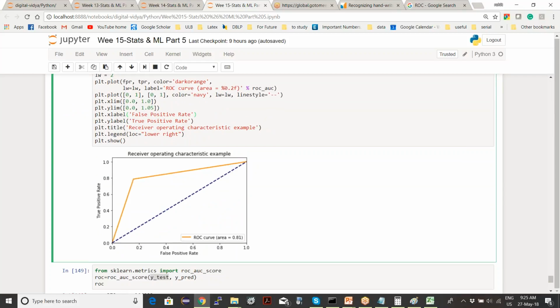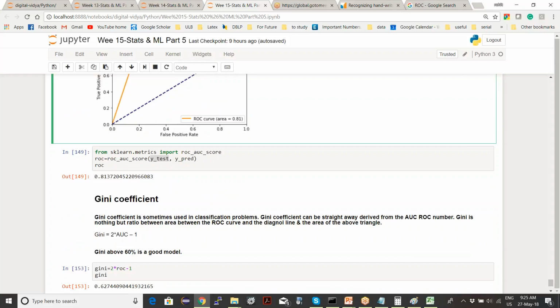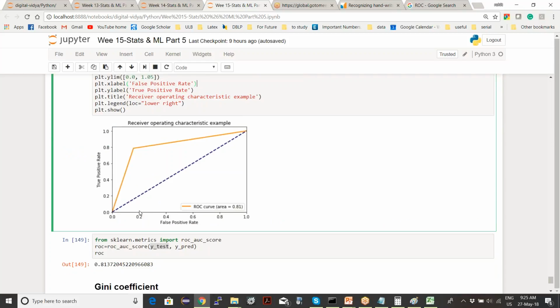Now some people also use the Gini coefficient. These are not new statistical terms. These terms came before machine learning even existed. They come from statistics, and were used earlier to evaluate your predictions.